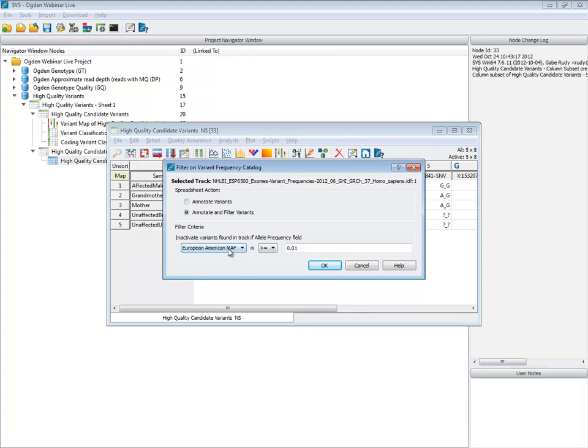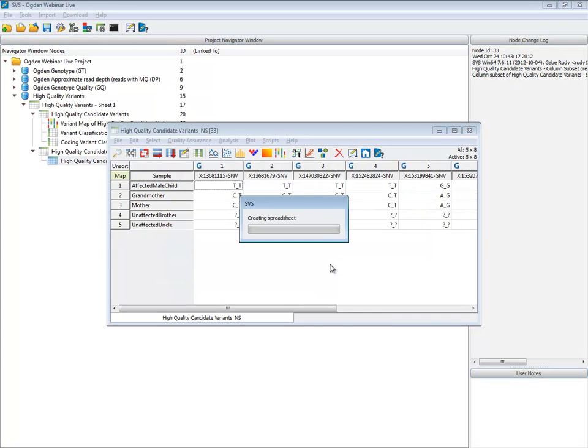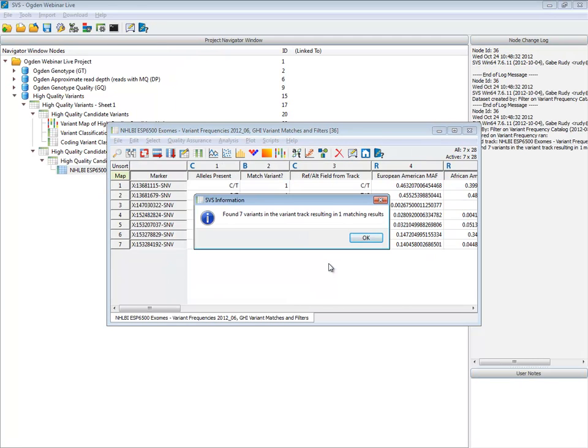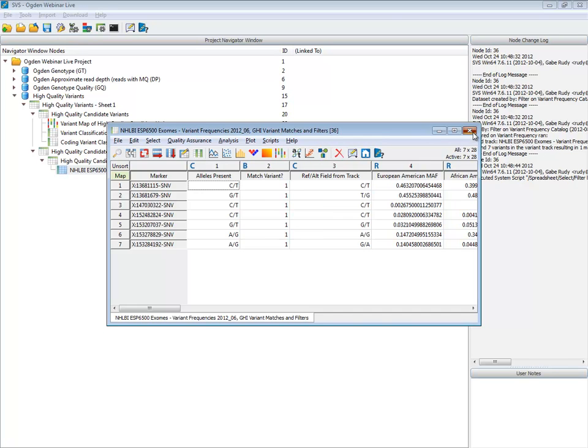And I can actually use this as a filtering tool if I wanted to. It would drop variants that were below a frequency. We only have 8, so let's just use this as an annotation tool, and we'll pull up a spreadsheet of all of the matched variants. And when I say matched, what happened was only 7 variants of our 8 were actually discovered in there, meaning that there's one variant that is completely novel. So we'll come back and look at that in more detail in a second.